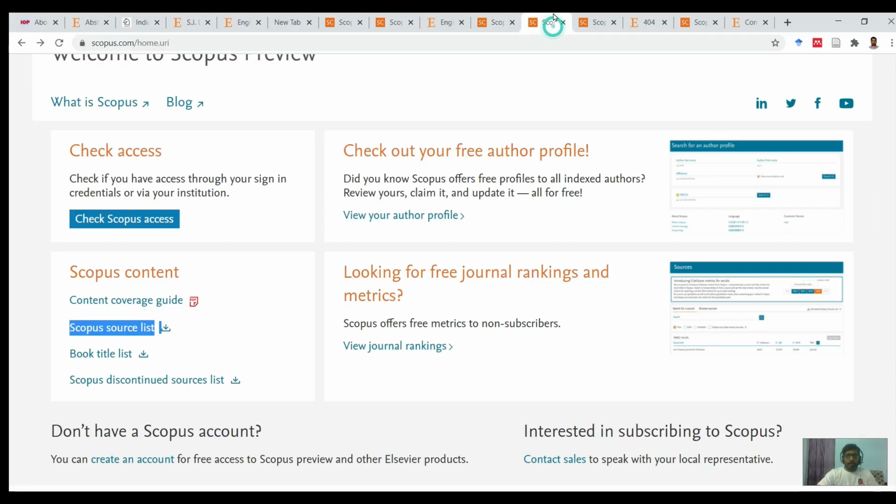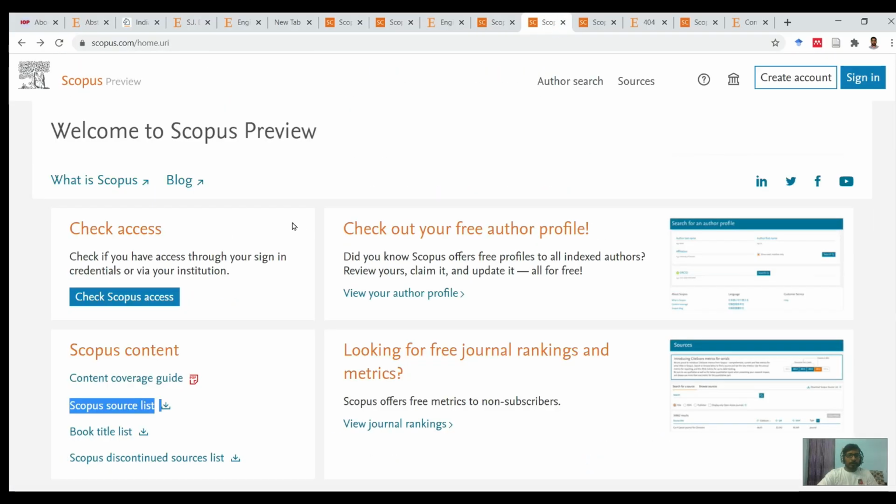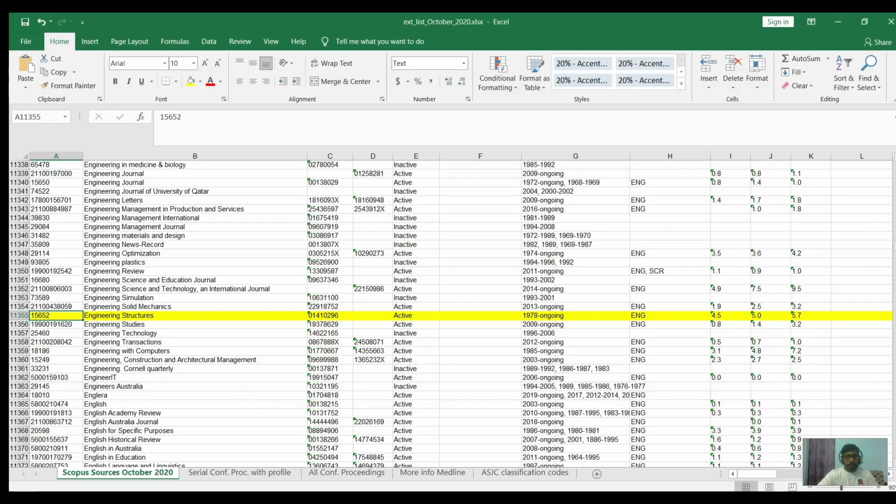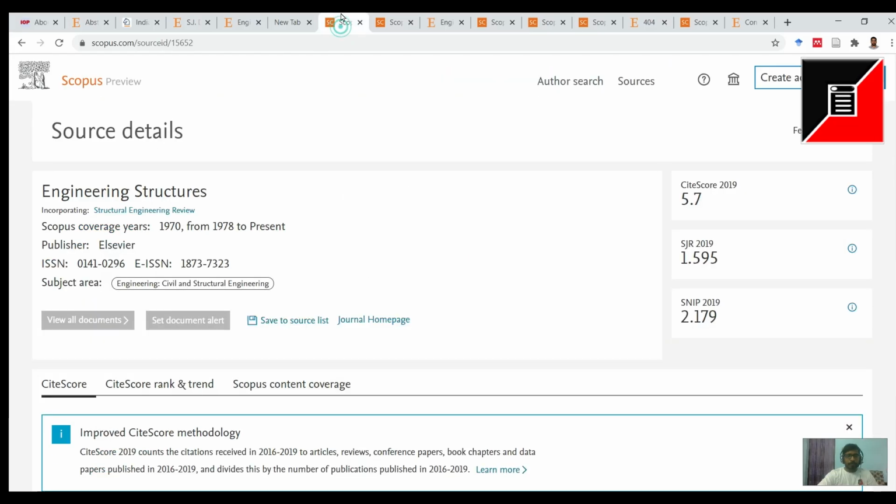And the next option is, when you click the Scopus preview, you will get this option, Scopus source list. When you click this Scopus source list, an Excel sheet will be downloaded, and when you open that Excel sheet, here I have already searched for Engineering Structures. So I will copy this ISSN number from